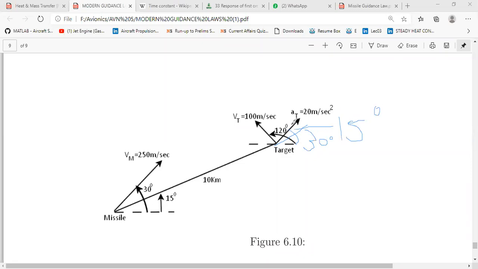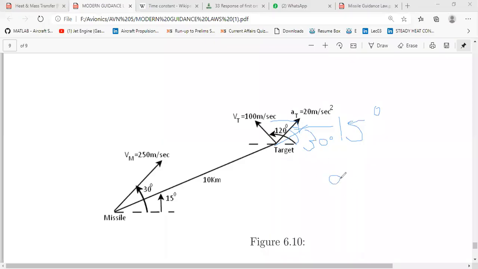Now, if you resolve the component here and here. So this is 50. So if you draw, this angle will be 50. So how much will be this angle? 50 minus 90. So find out this angle and resolve the component. I hope you know the trigonometry here. Use the knowledge of trigonometry and find out what will be the